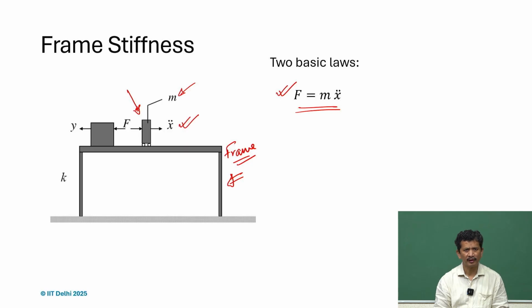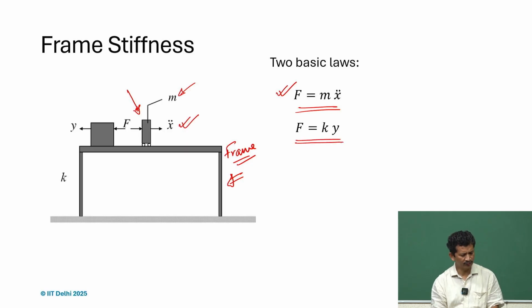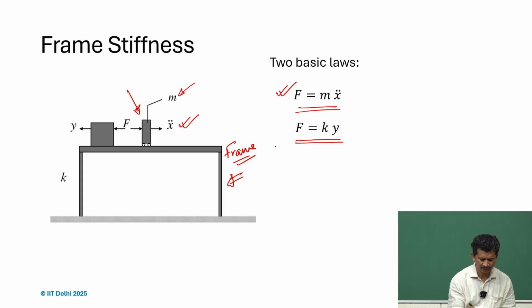This is the actuation force, but we also have to understand where we get that actuation force from. So, we get that reaction force. This is the reaction force provided by the frame, and this is the required actuation force